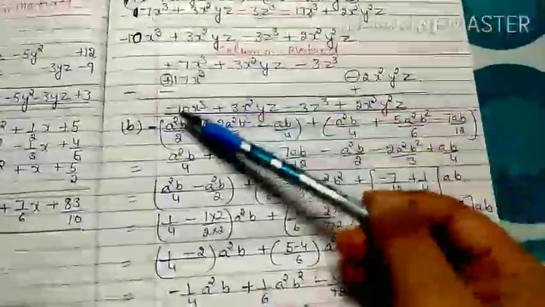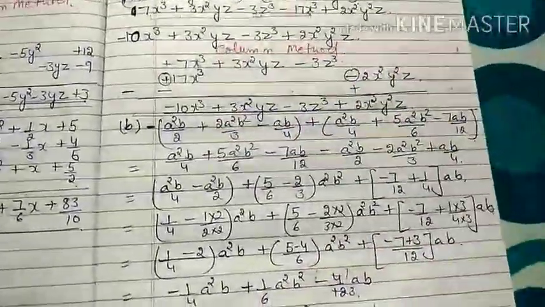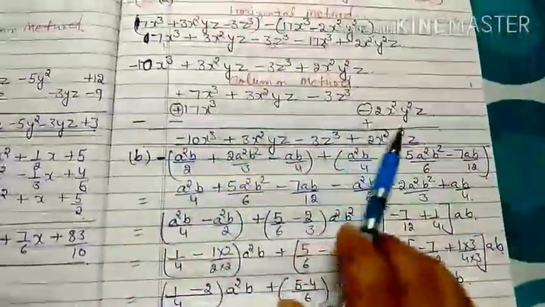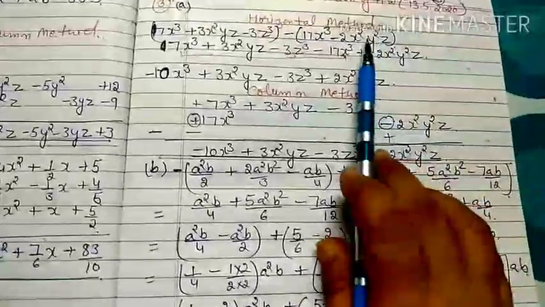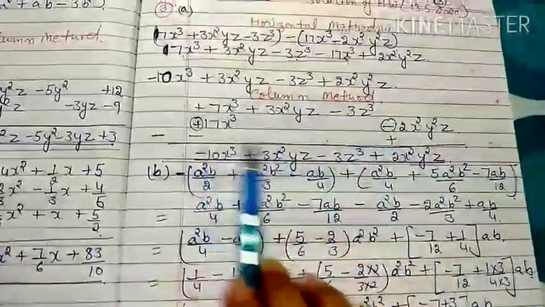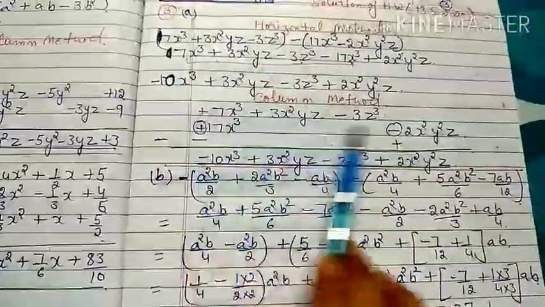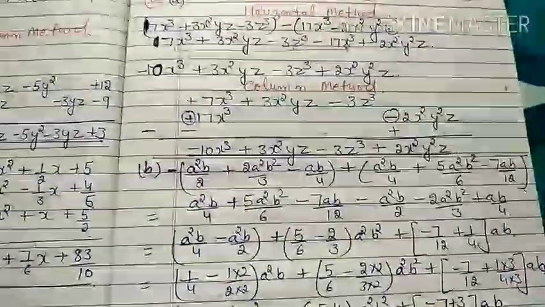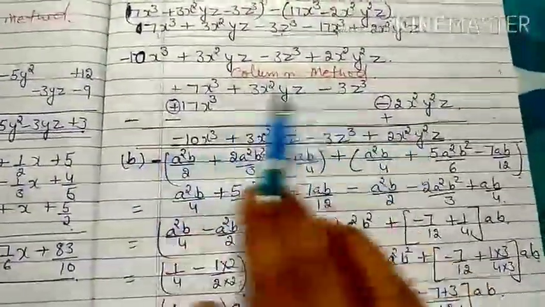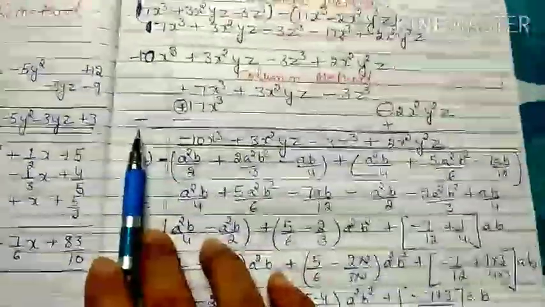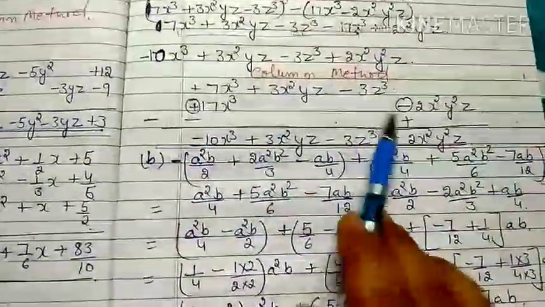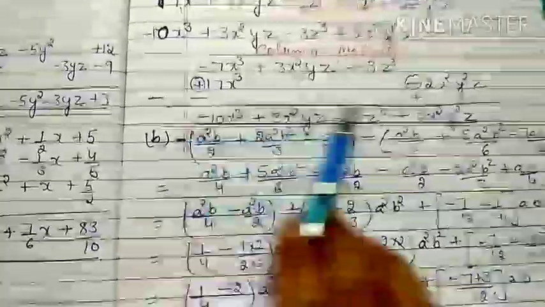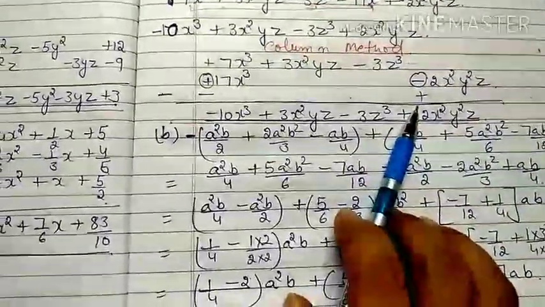In the column method also, you arrange the like term under the like term. Whatever is in the first position is written in the first row, and the second polynomial is written in the second row, under the first polynomial's like terms, and the second polynomial's signs will be changed because we are going to subtract. So I circle the sign, that means I am not going to consider that sign. Instead of plus I will consider negative, and instead of negative I will take positive, because in subtraction the signs will be changed.